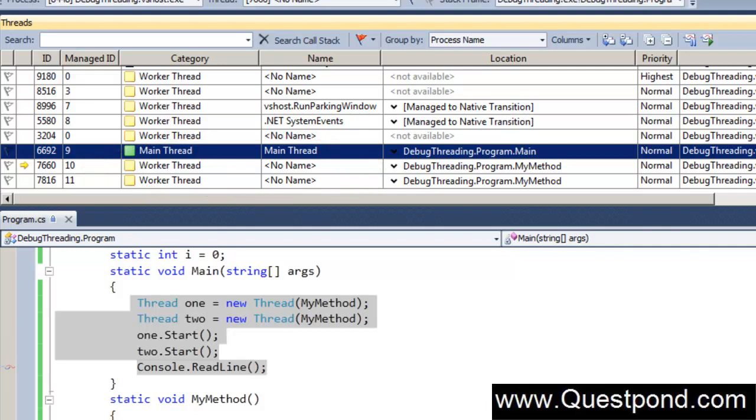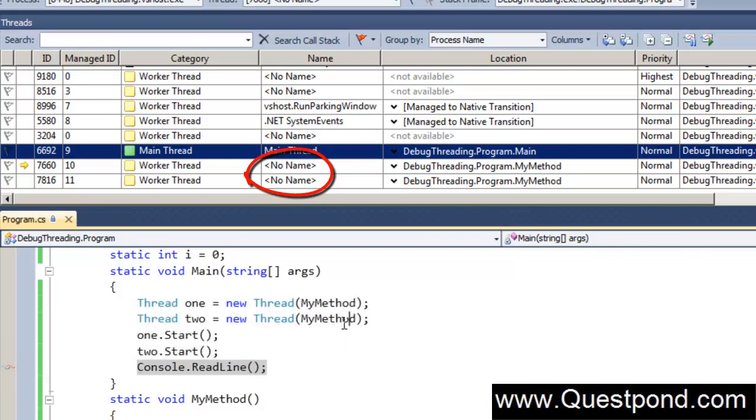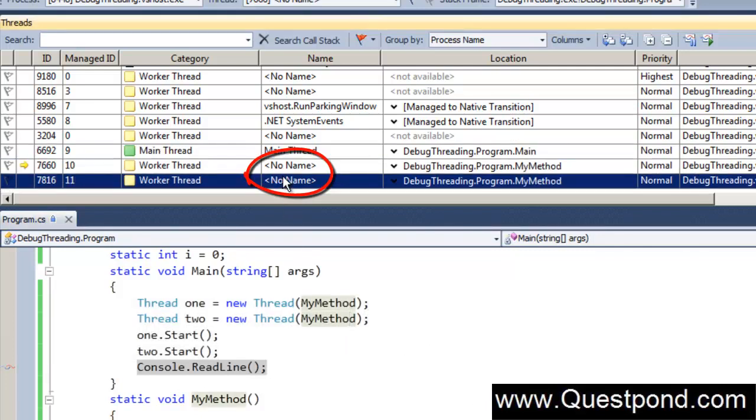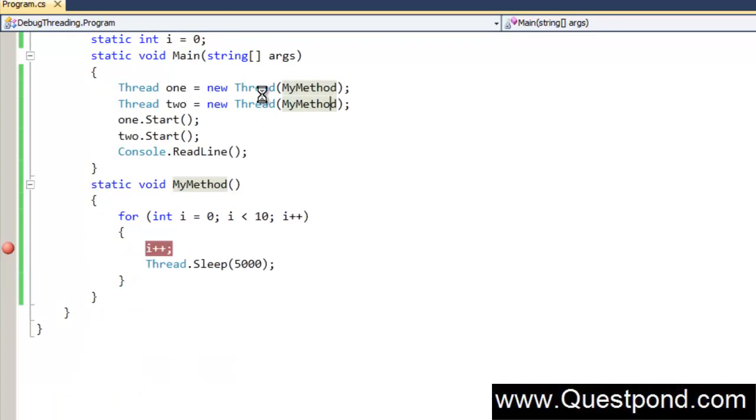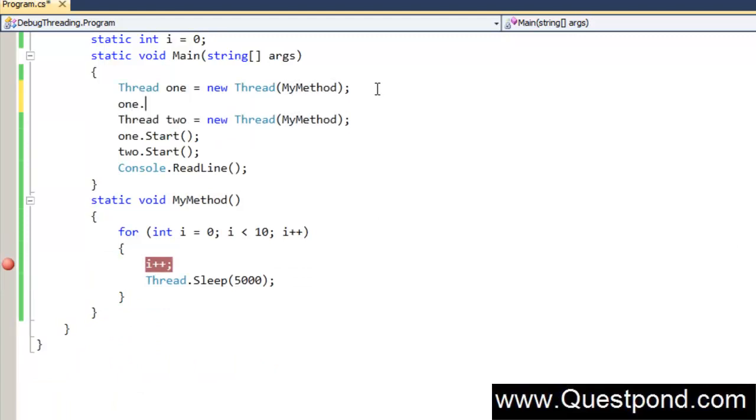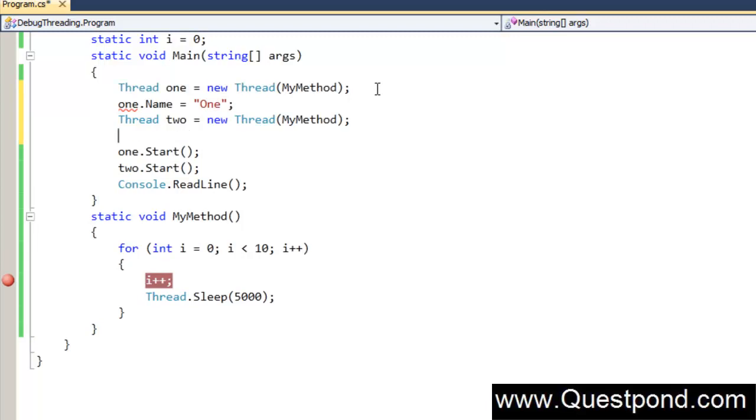Now the second complaint which I can clearly hear sitting over there is, okay, this is good that these 2 threads are one and two, but who is what? Because both of them have the name no name. So as a good practice, whenever you create threads, specifically if you want to ensure that your debugging is smooth, go and name your threads. So what I'll do is I'll say that this thread name is ONE1 and this thread name is